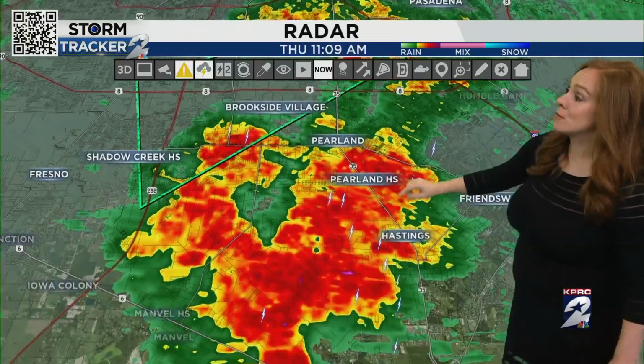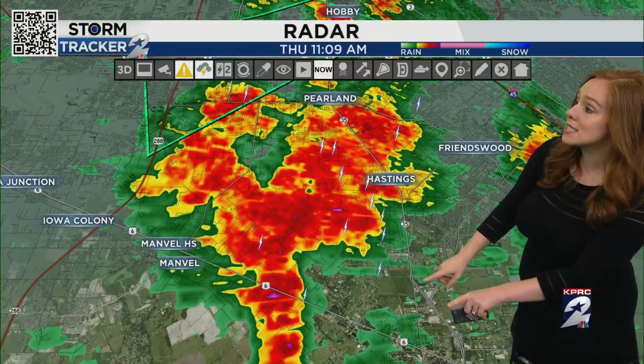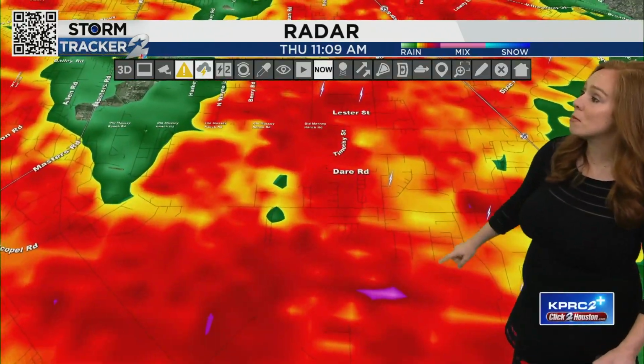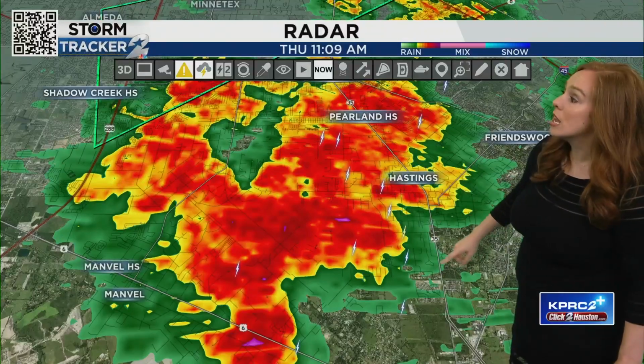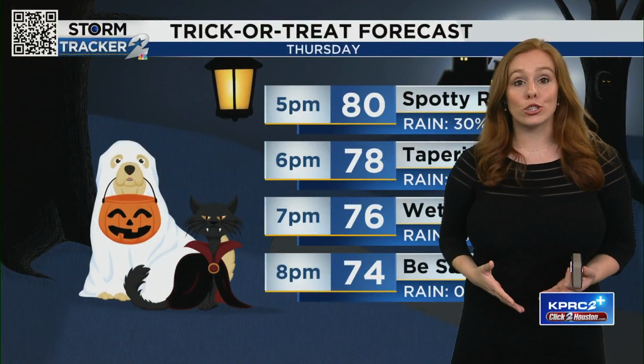This area needs a bit of time to drain, but that means Pearland High School down towards Hastings, Manvel, Highway 6, definitely going to be seeing just heavy torrential downpours. That's going to be all along Allen Road, Masters Road, just to the west of Friendswood there. So I do want to show you our forecast as we head into the afternoon, because